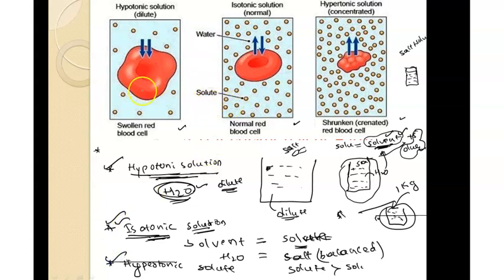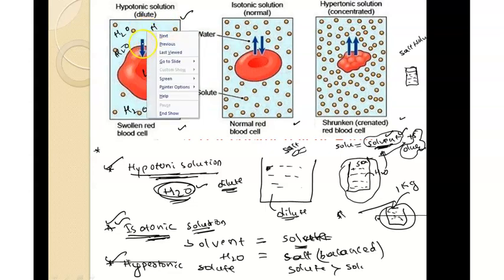When I put my cell in these kinds of solutions, what happens actually? So the first condition is this. I have inserted my cell in the hypertonic solution. In a hypertonic solution, water molecules will be very high, because it is a dilute solution, you are going to find a high amount of water. So here is a high concentration region, and inside the cell a low concentration region has been created. Then water molecules will start moving into the cell.